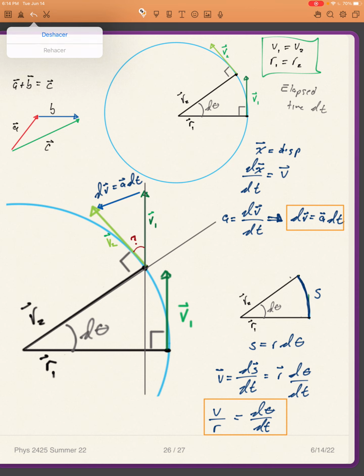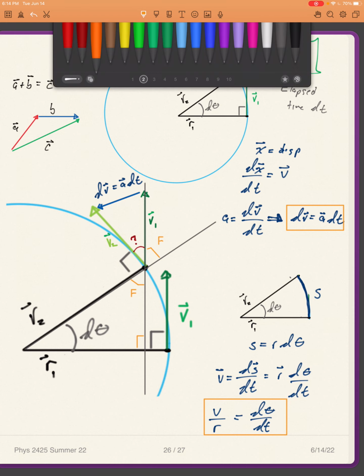What I know is that this angle is 90 degrees and that this angle here, I'll call it angle f, has to be equal to this angle f, and that this theta plus f